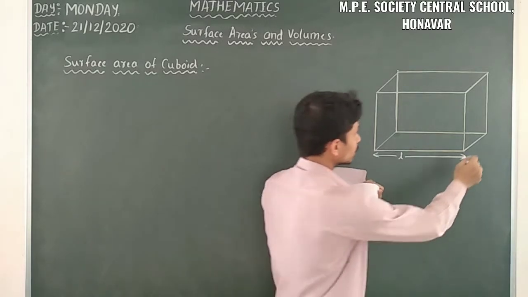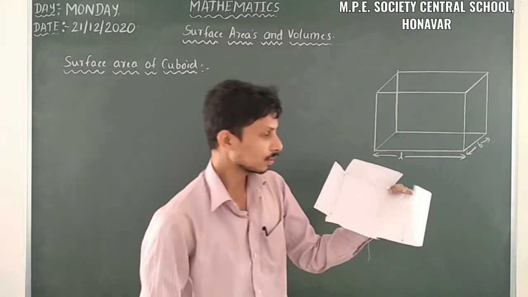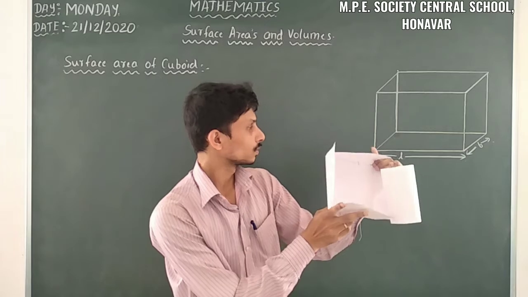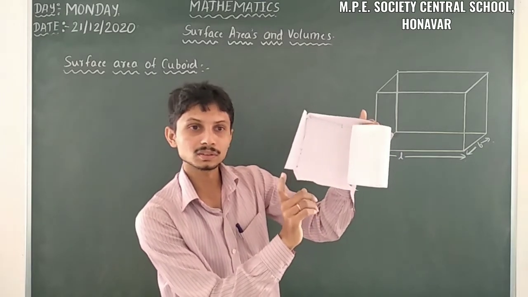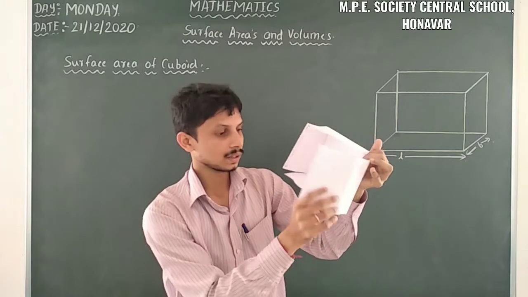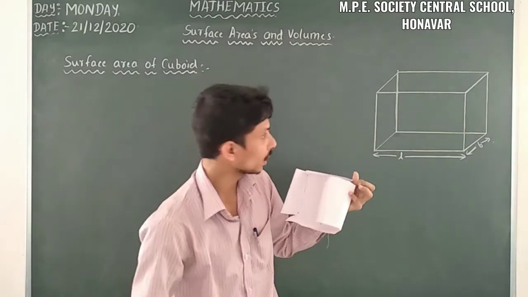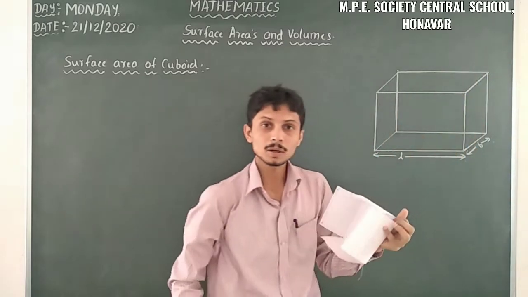And when we have this, we have to take this as breadth. Here we have the breadth, and the opposite of the length is a breadth here. So this one is a breadth, and here also we have the breadth. This distance is also breadth, and this distance is also breadth.